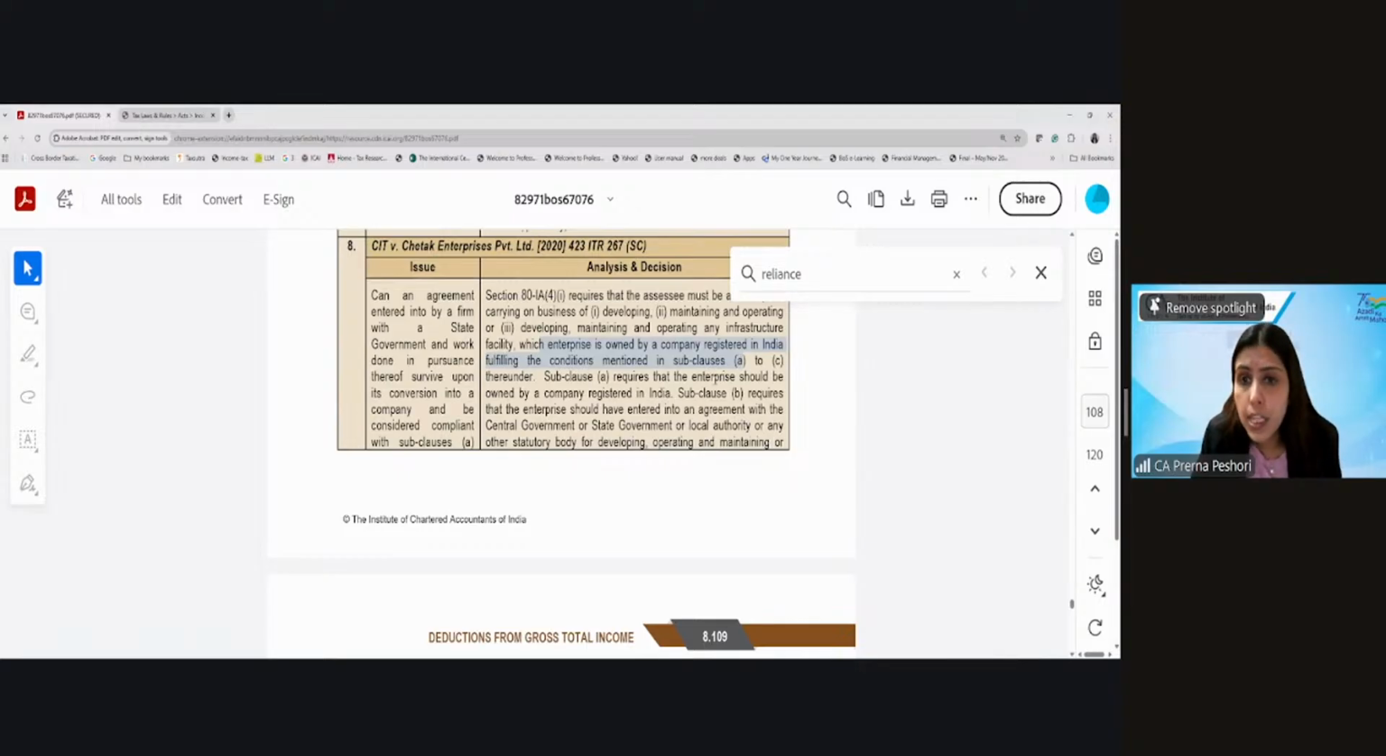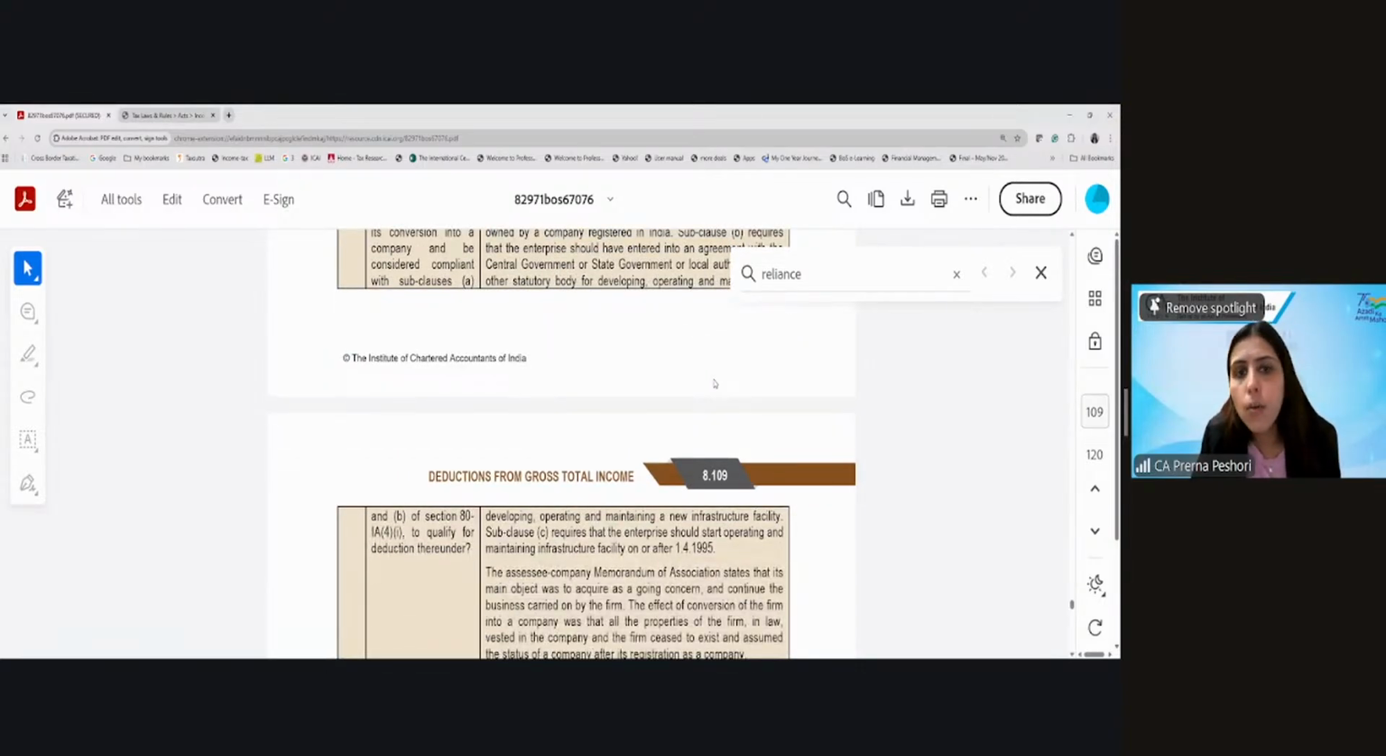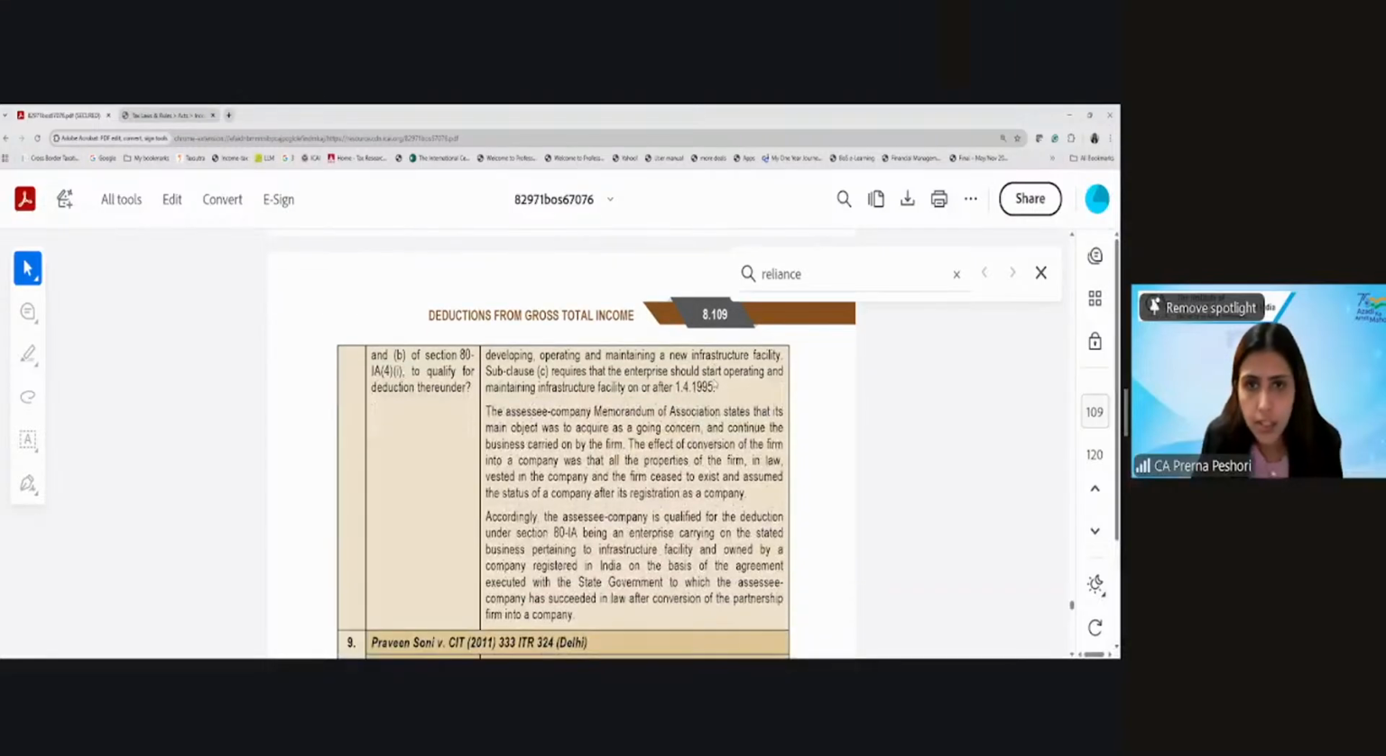And they should have an agreement with the government or the local authority for developing, operating and maintaining of the infrastructure facility. Now it looked into the memorandum of association of the company whose main object was to acquire a firm as a going concern. So means the firm translated into a company with all the assets and the liability, and the firm ceased to exist. And therefore the Supreme Court said that the company is qualified for the deduction under ATIA